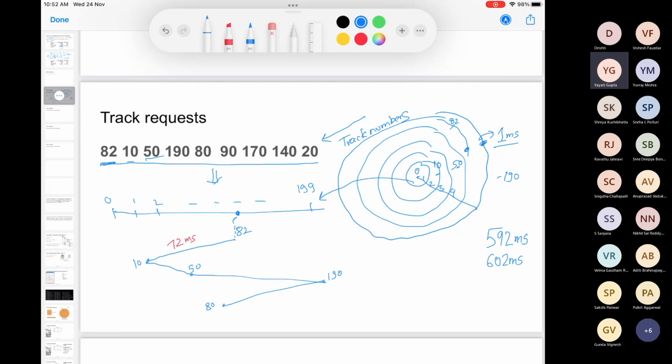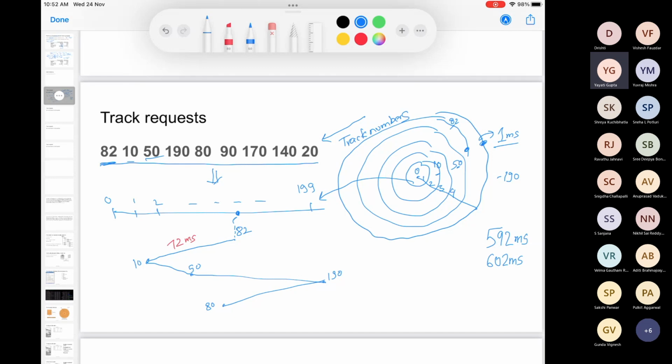So this is what? 82 minus 10 plus 50 minus 10, which is 40, plus 190 minus 50, which is 140, plus 190 minus 80, which is 110, plus 10. Oh, I made a mistake. Anyone else getting 602? And we'll log this.